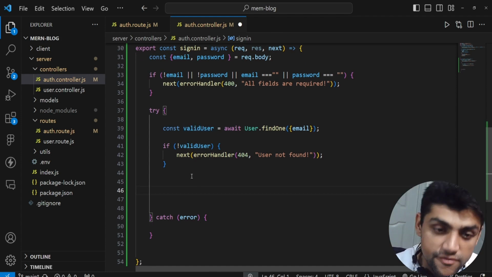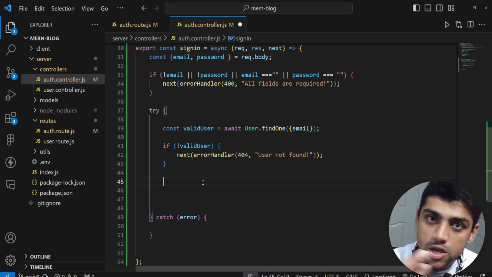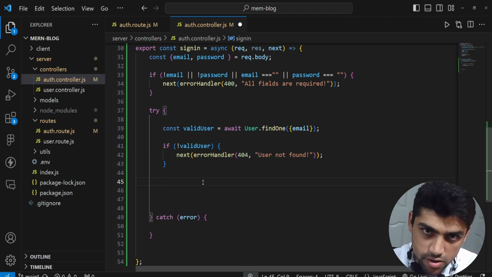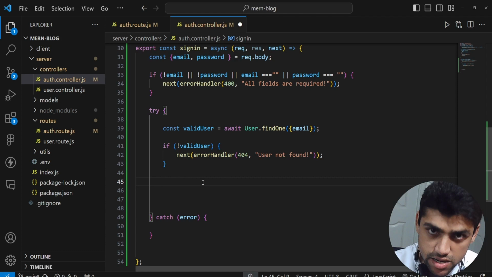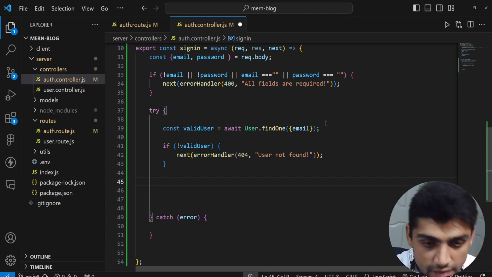We want to match it and see if it is the same as the password that is set in the database. First of all, the password that we've set is encrypted using bcryptjs. So we have to convert the password that the user has given to bcrypt format again and compare the two encryptions. If they match, then proceed. If not, decline. So something similar we have to do. First of all, we have to go and say